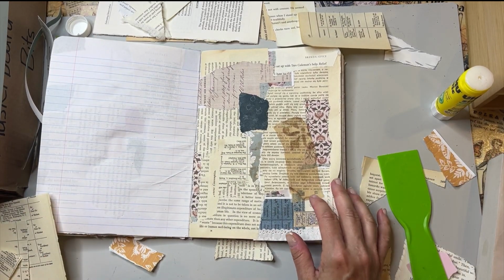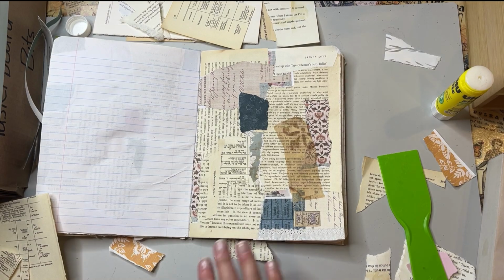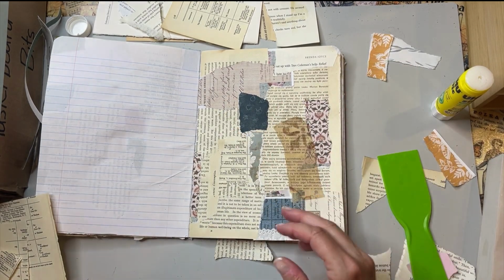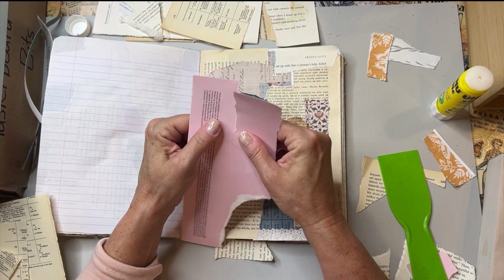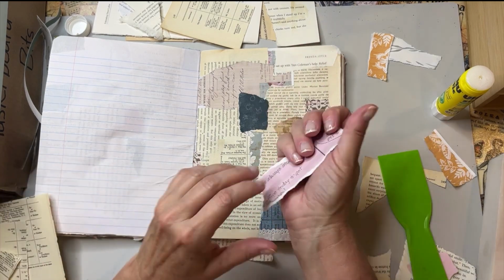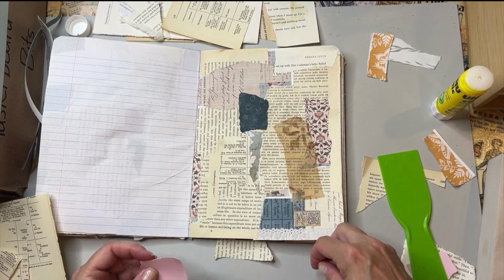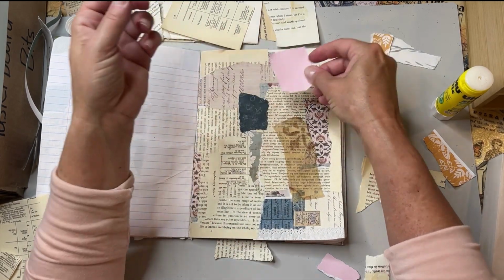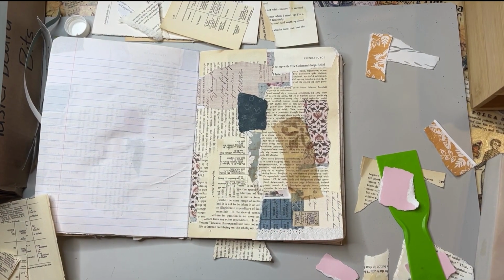So that page is, you know what, let's add a little more color. I need to do a little trio of color. So maybe I'll go with this pink. And this is just Anderson window junk mail that came in. I'm gonna go over here, and I saw it,